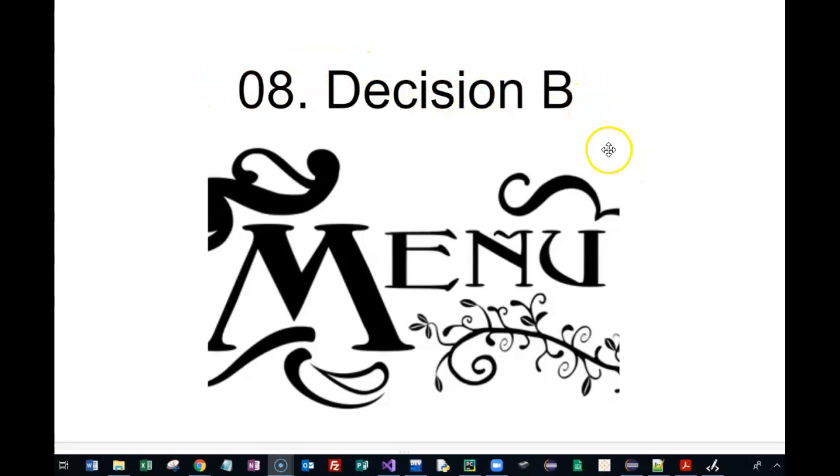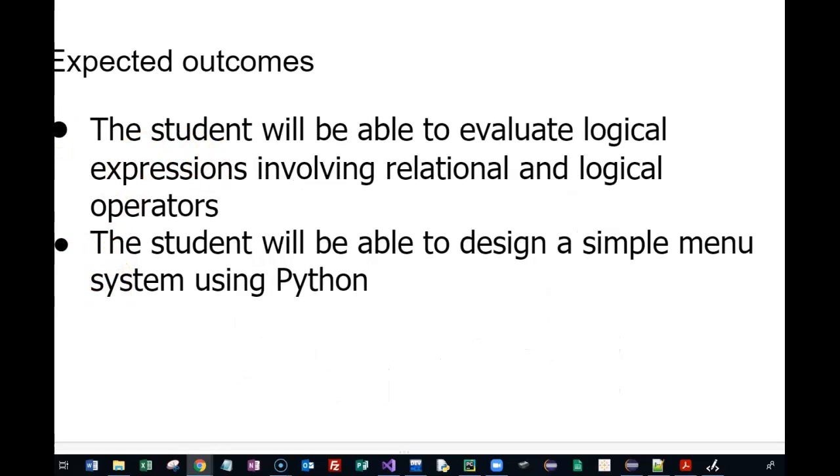I'm going to do a quick video showing you different ways to do assignment 8 decision B. I'm going to do it way beyond what I want you to do, but I'm going to do this to demonstrate loops and functions. So the multi-purpose here: one, show you the minimum I wanted for decision B, 8B, and two, introduce functions and introduce looping again. So the first thing is